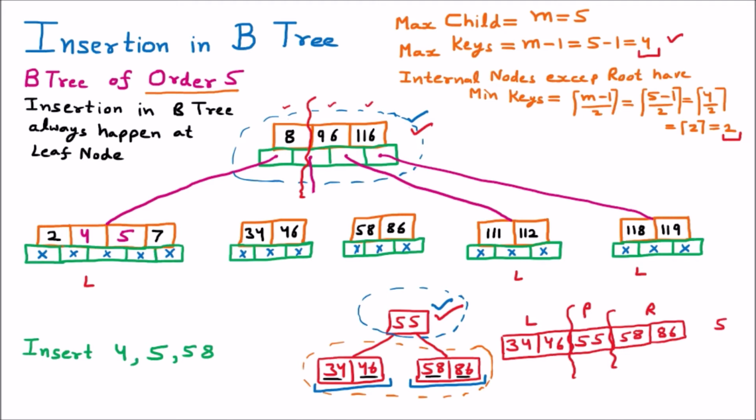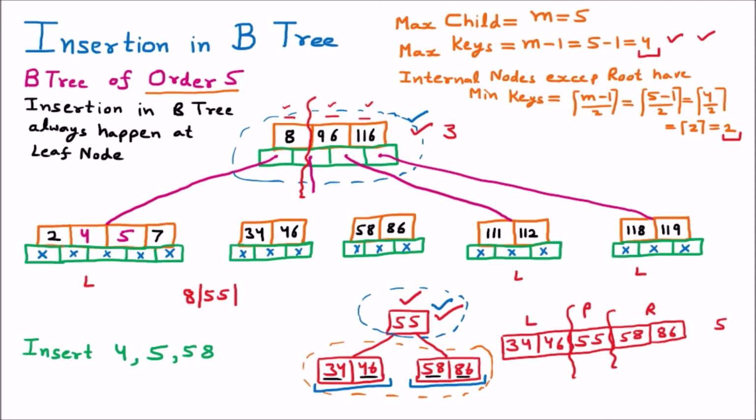But before inserting the value directly, we should check how many keys are there. So 1, 2 and 3. This node has 3 keys, and how much is the maximum key provision? That is 4. So obviously we have one more provision for adding an element, so it can be added successfully without any problem. So now we are going to take out these elements, just like we take this 8. So 8 will come here. Then afterward we are going to add our element which is 55. So 55 will come.